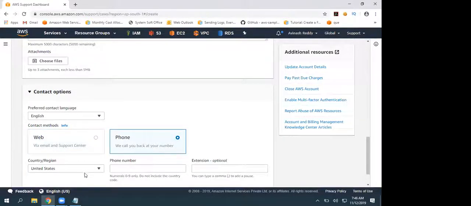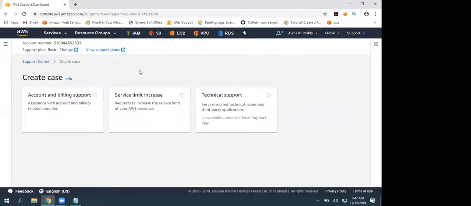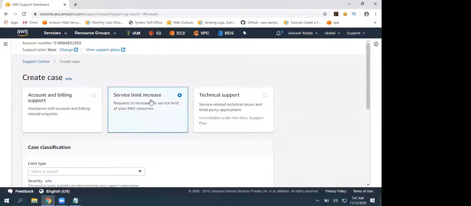Phone, we can select the country and give the phone number. If you have any extension, you can give that and submit. Immediately you're going to get a call from Amazon and you need to answer, and if you mention your issues, they will redirect to that particular department, or they will create a ticket, and the ticket you can track in this console.